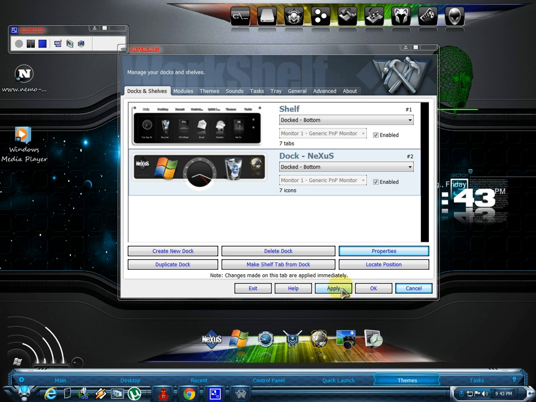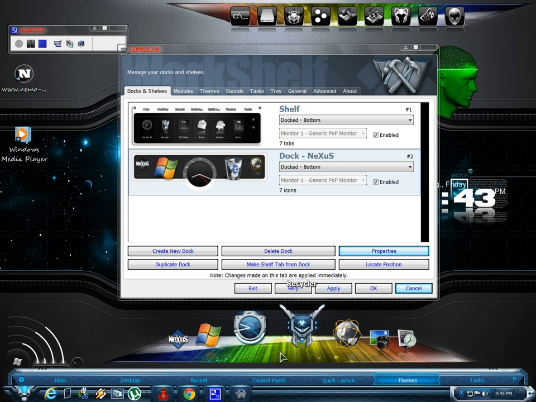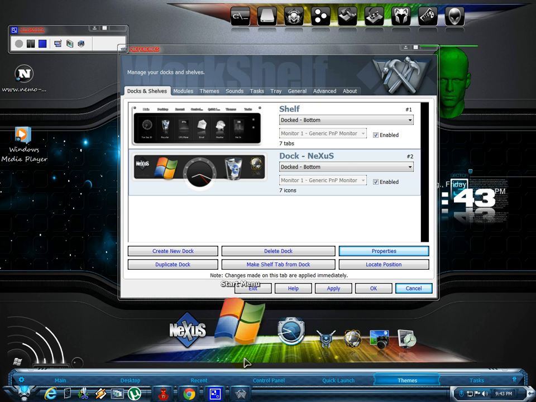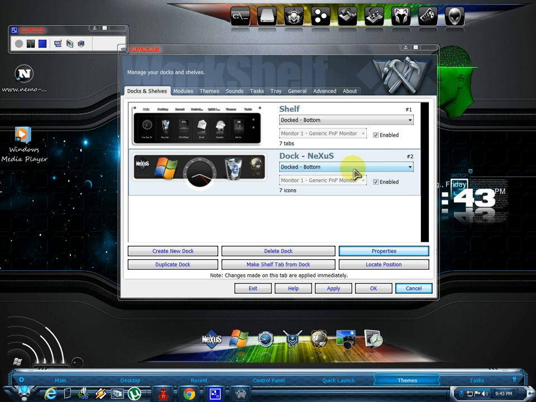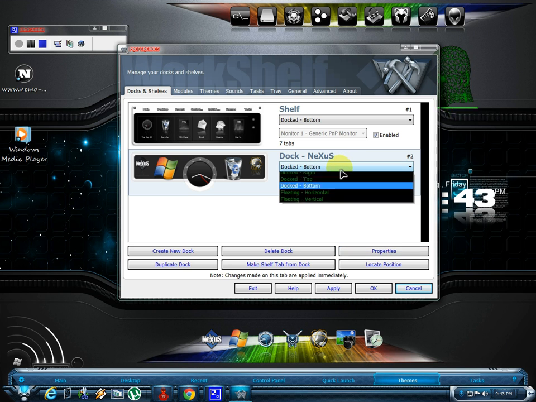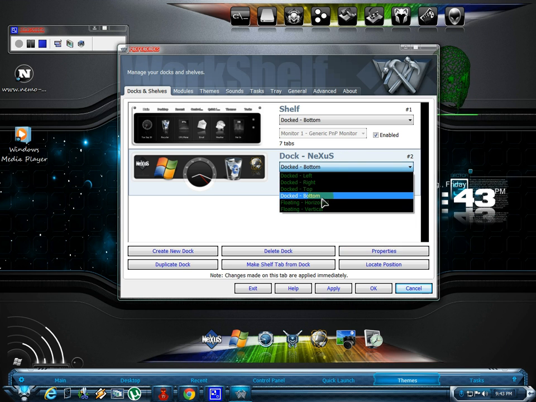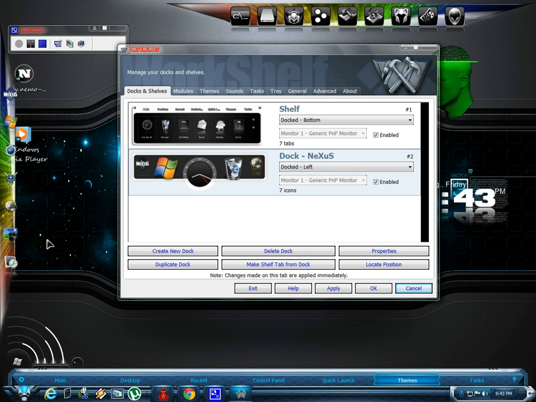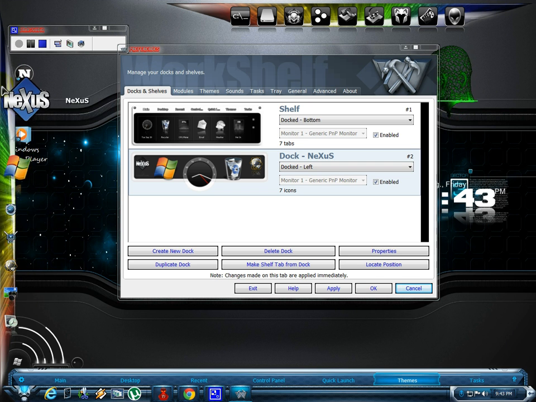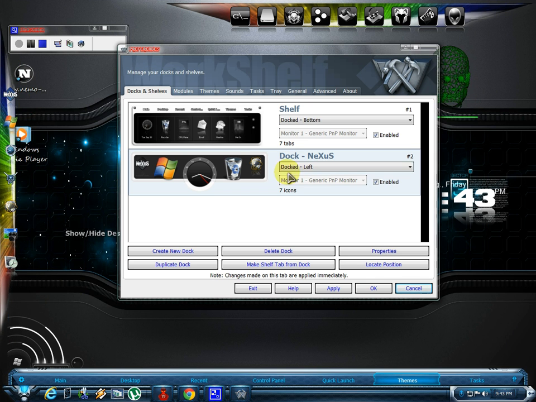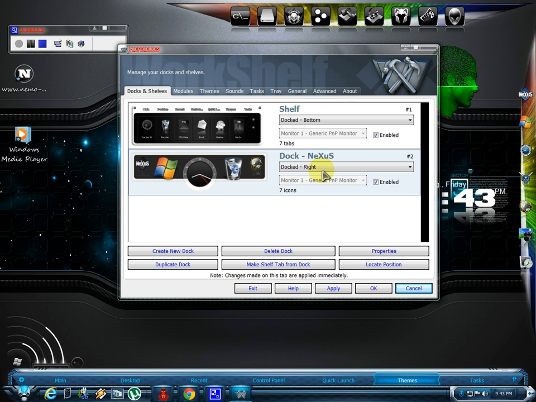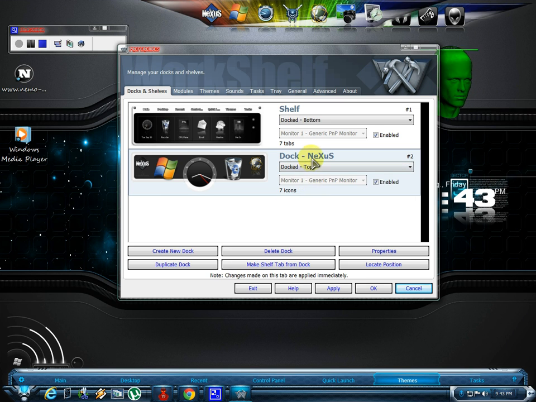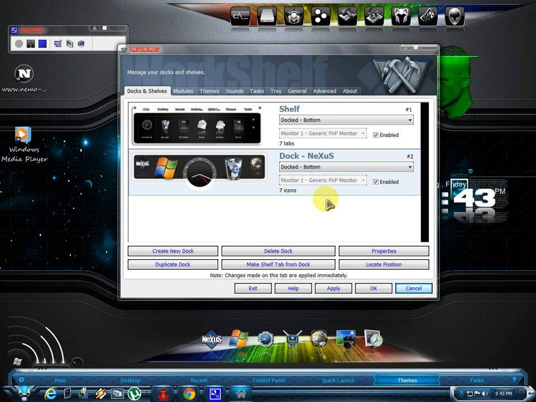Now, you can also change the position of your docks in your desktop by simply clicking this button. You can select wherever position you want for your docks. For example, you can click to the left, and your dock will go to the left side of your desktop. You can change it to the right, top, bottom, and floating horizontal.